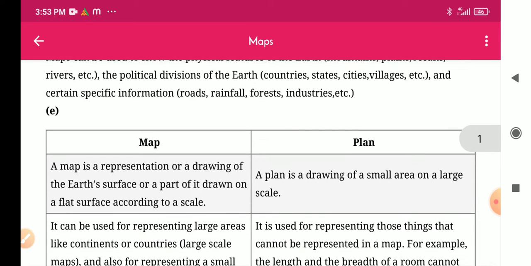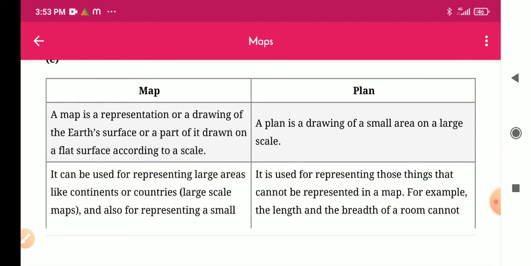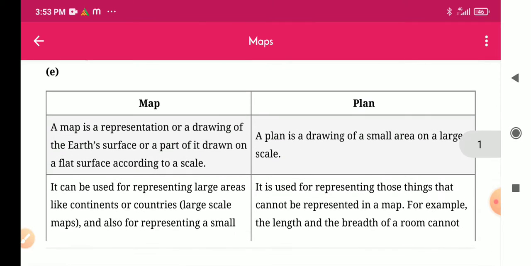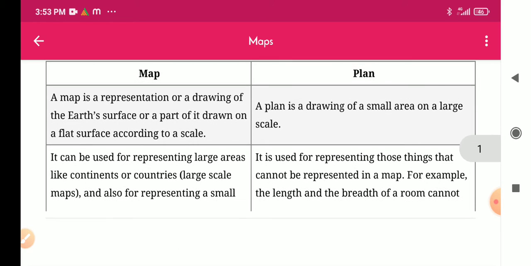Answer: Here a table is given for that question, and its answer is given in the table. In the map column it is given: a map is the representation or the drawing of the earth's surface or a part of it drawn on a flat surface according to a scale.